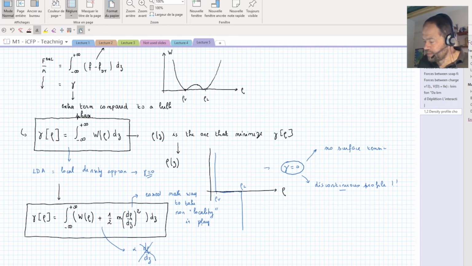Okay. So what we will do during the next lecture is mainly solve this for the liquid vapor interface, which will allow us to calculate the density profile, in particular close to the critical point, and we will see the consequence of this kind of approach in terms of the wetting transition. So we'll do a little bit the same thing that you have done in the tutorial, but in a slightly different way next week. Okay.